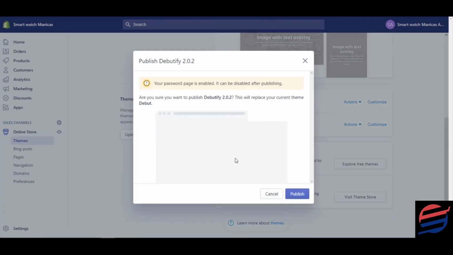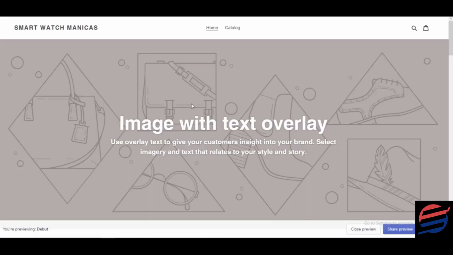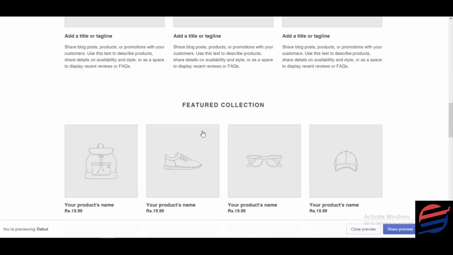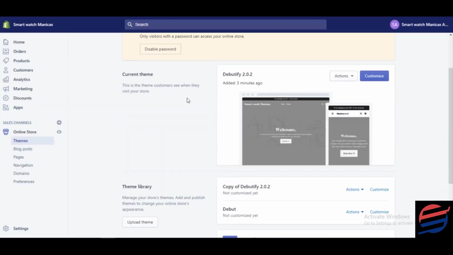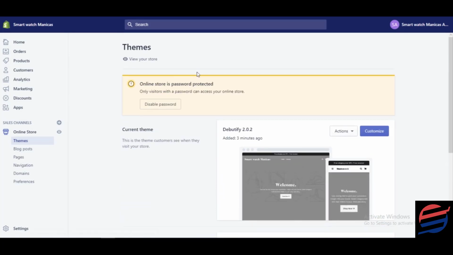Now automatically all these changes would be published, and this was basically how the website was looking previously. There was no content, there was no information, everything is missing, right? So okay, now we are done. So before we go and check out our store,